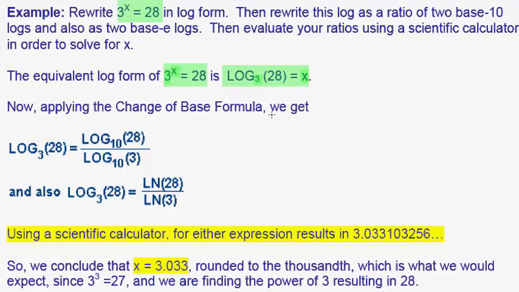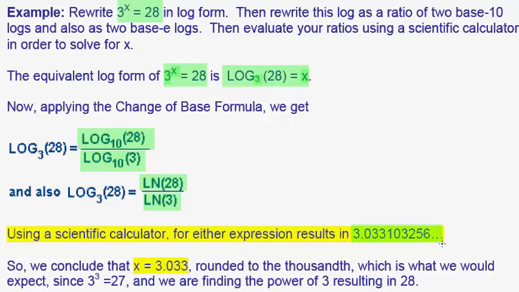Now we don't have a base 3 log key on calculators, or even base 3 log tables. So we're going to apply the change of base formula, and we can write this in one of two different ways. We can write it as the base 10 log of 28 over the base 10 log of 3, or we can write it as the natural log of 28, which would be base e, over the base e log of 3. Again, we can write that as natural log. We do have calculator keys for both base 10 logs and natural logs, and if we put this into our calculator, we get